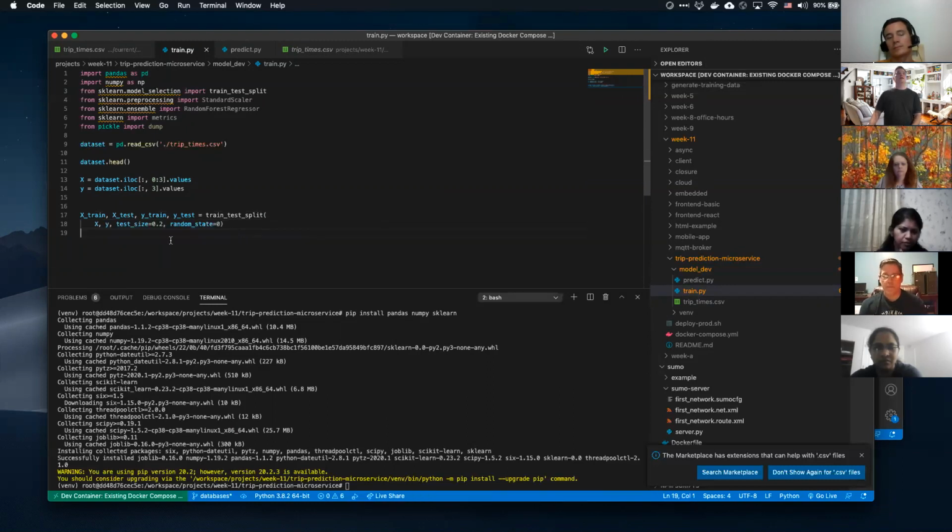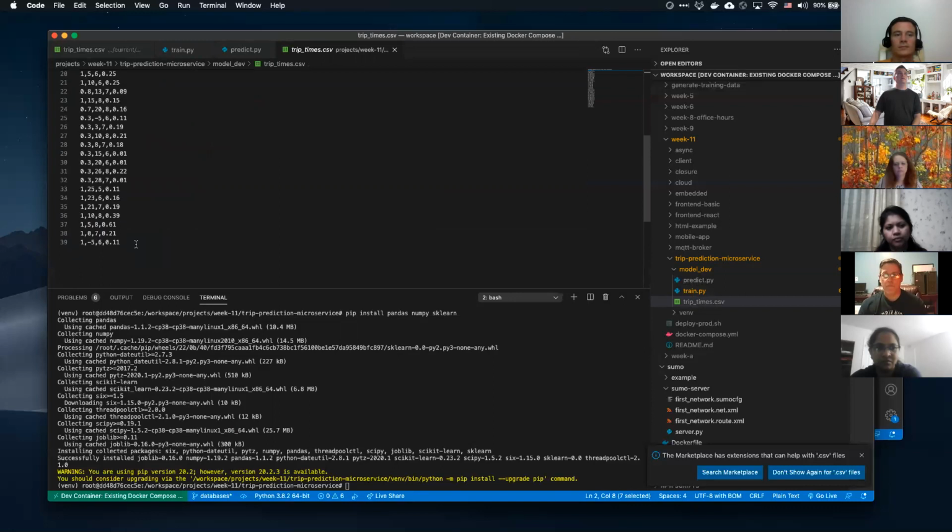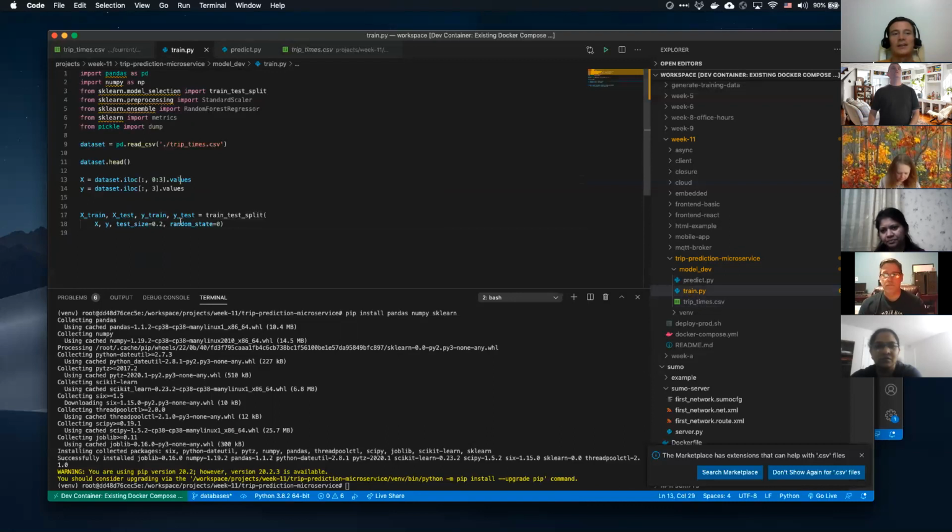All we're saying here is that I want 20% of my X and Y. So 20% of these, this chunk, will be validation data as opposed to test data, right? Because you don't want to train on everything and then validate against your training data, because you're going to get the right answer. So you want to make sure your model works. So we're going to do that. And then there are some other things that make it a little bit more difficult than just using your data. You've got to scale your data.